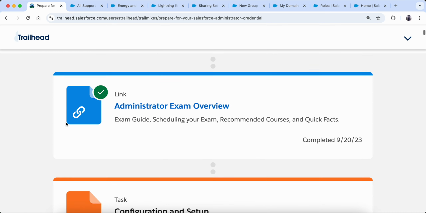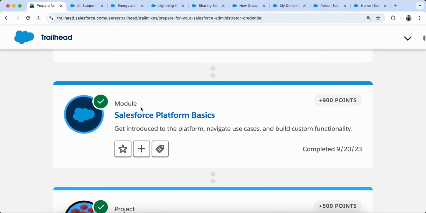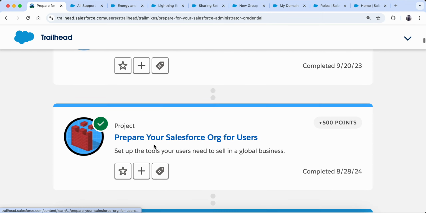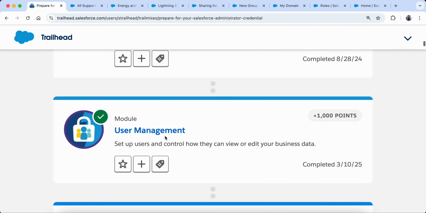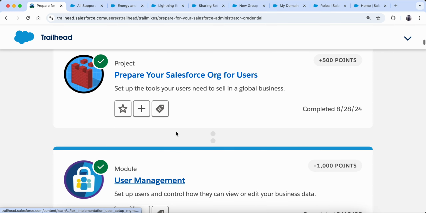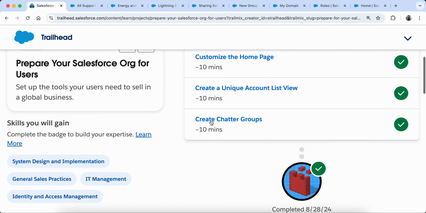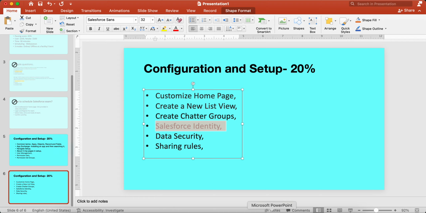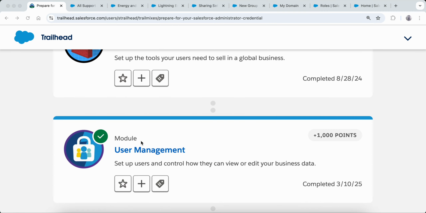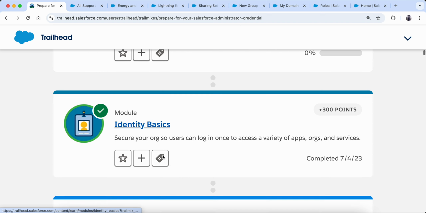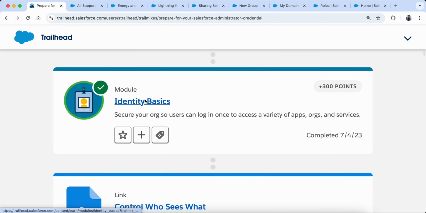And then I'm going here, and okay, platform basics is covered. Prepare your sales, this is what we were doing right now. Then user management, where we create Chatter groups. We already did that, creating the Chatter group, and now we are going to Salesforce Identity. Okay, so there will be a separate identity basics module. So I'm going to go through some of the identity basics here.